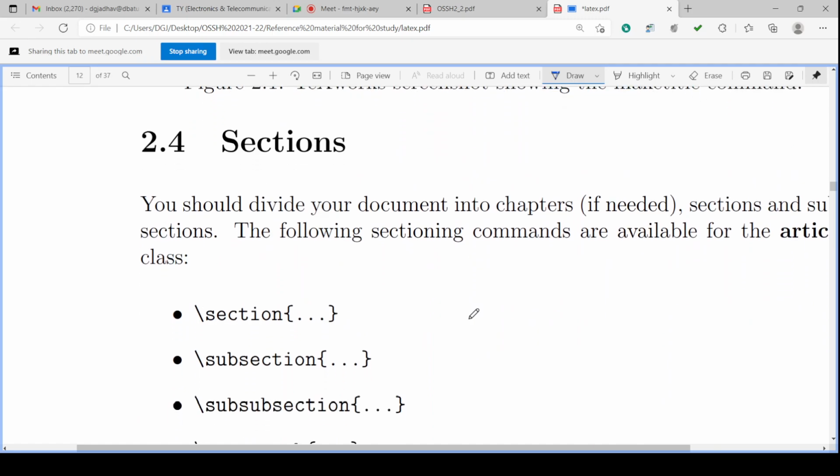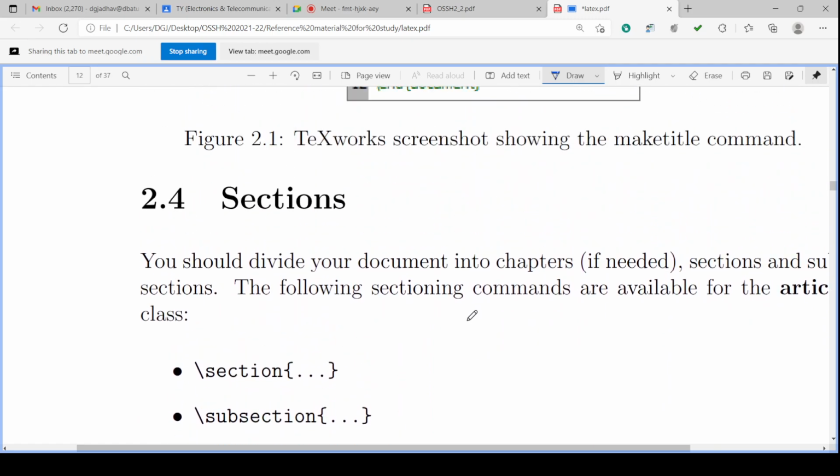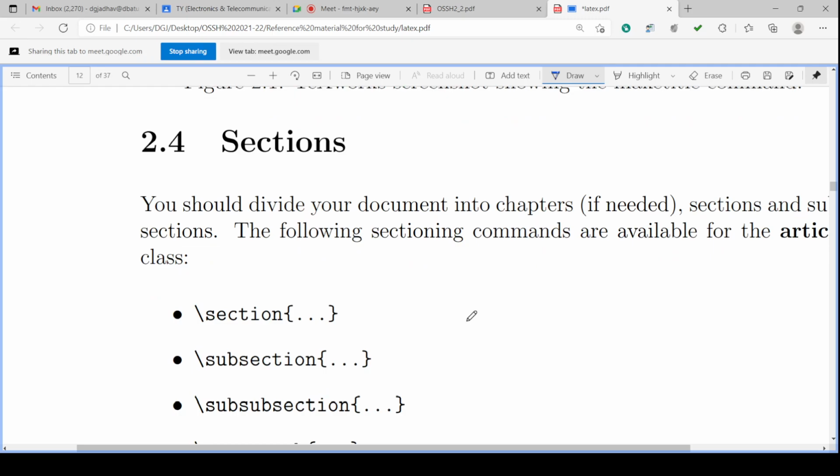Then sections, as after the title. One more important thing required in our document is the sections. So we have to make the sections and subsections, isn't it? Suppose we are making some paragraph, and under that paragraph, again we are making some small paragraph. So these are the sections. Introduction is there, and under introduction there may be points 1, 2, 3, 4.